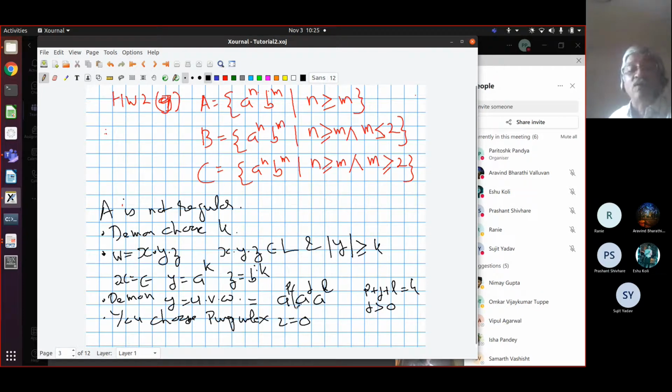Which means what? According to the pumping lemma, this string to the power P must also be in the language, right? But if I choose P to be 0, instead of Y I get the string A raised to I, then A raised to J to the power 0, which means the epsilon string, so this is not there, and I get A raised to L, and before that was epsilon, the X part, and the Z part was B raised to K. But I know that I plus L is less than K. So I get a string with fewer A's than B's, and that is not in the language. So the daemon was wrong. So this is how we prove it. Okay, so I think this is clear to you.